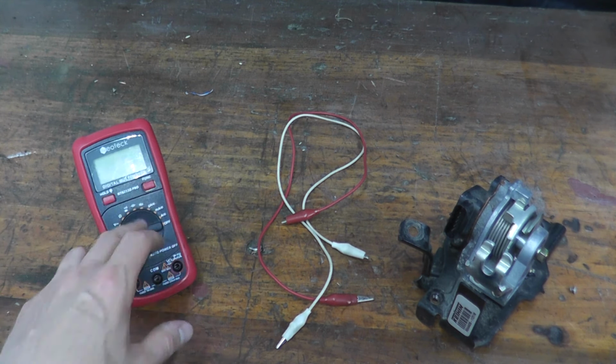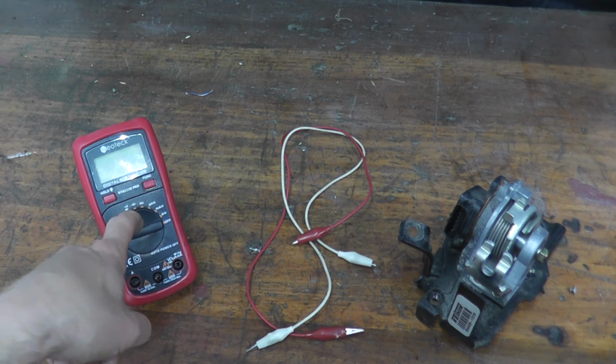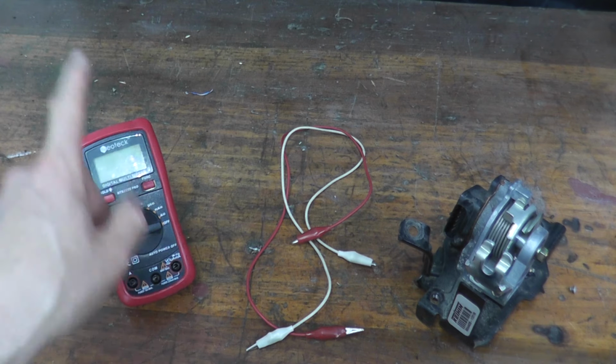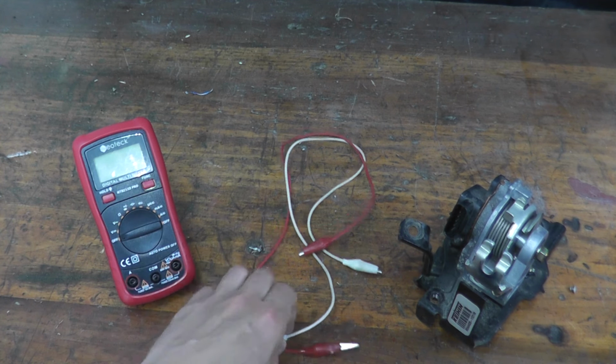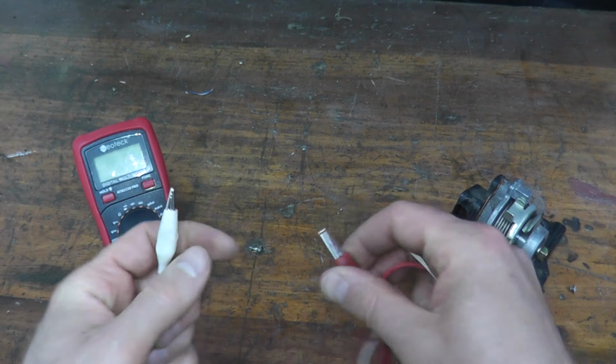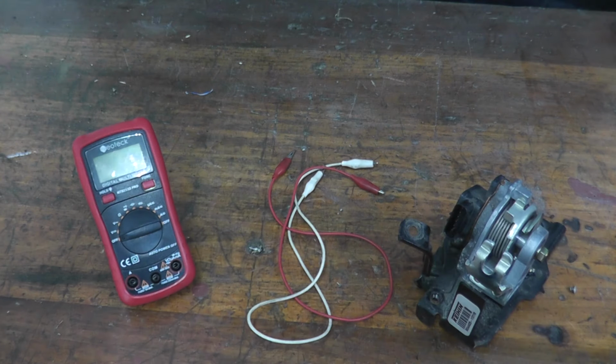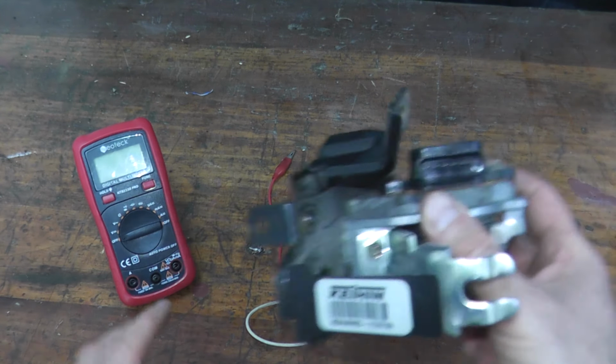Do not be intimidated by this. Super simple to use. Awesome tool to have. If you plan on doing your own auto repair, this is a must-have along with the scan tool. You have to have one of these. Now this is optional. Just 2 wires with alligator ends. That's it. Super simple. Now really, if you take a look at the sensor, it's really 2 sensors built into